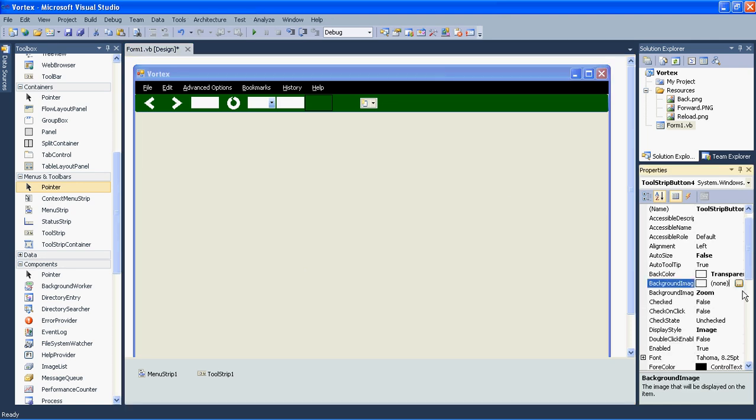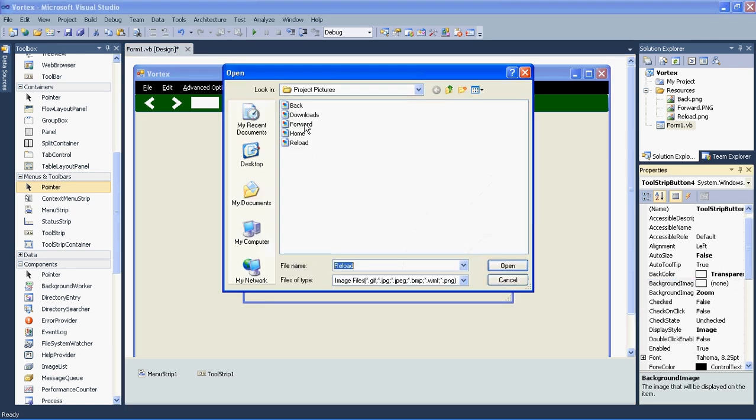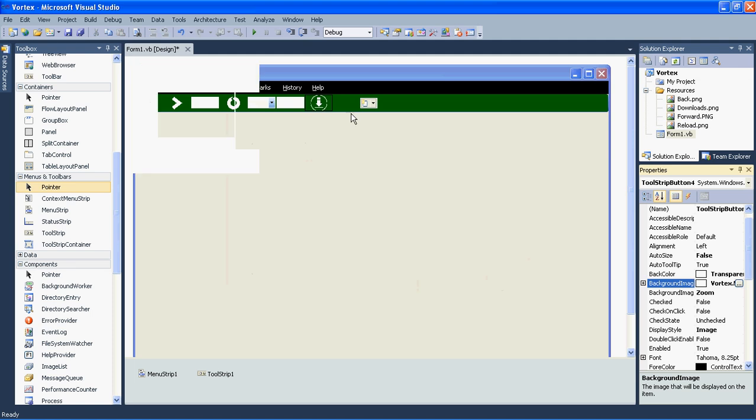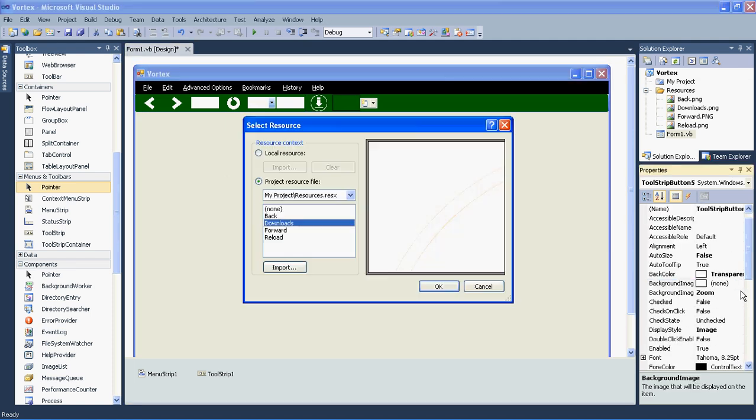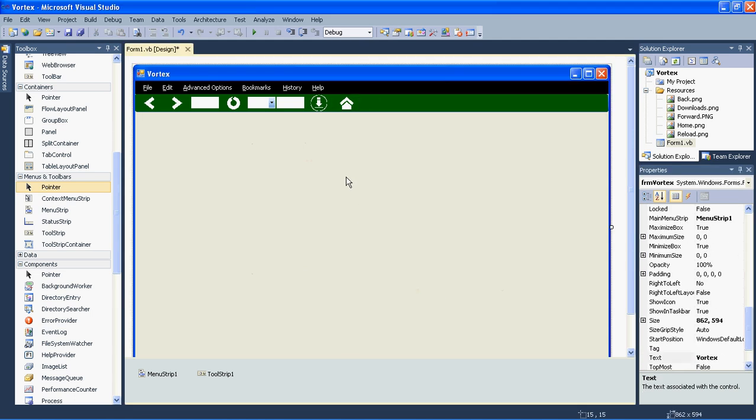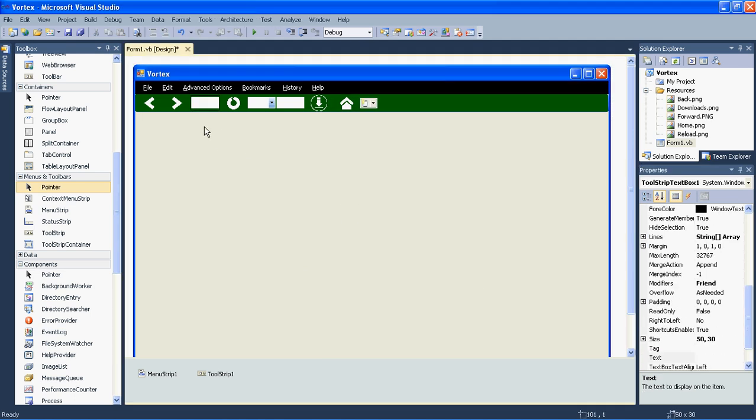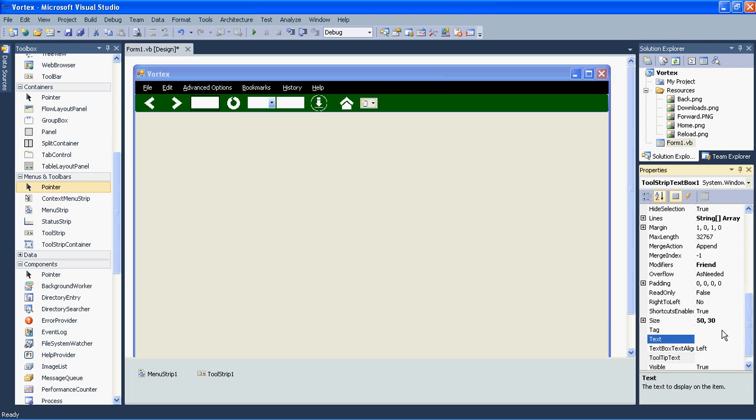One image for downloads. And one last image for the home. Okay, so now we will make the size of our text box bigger, so something like 500, because this is